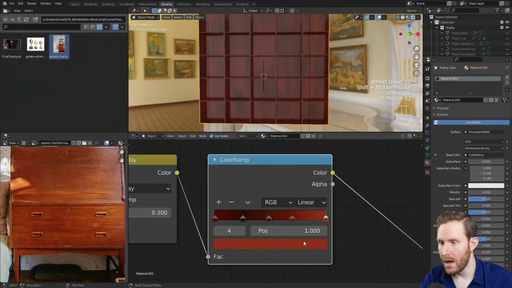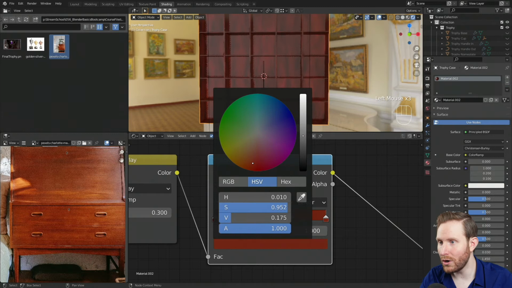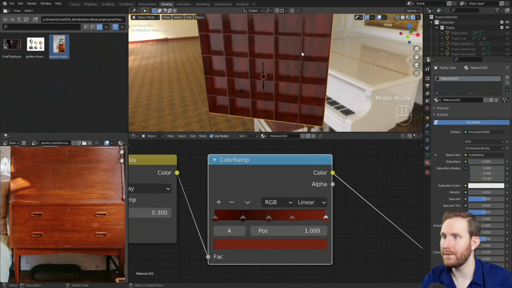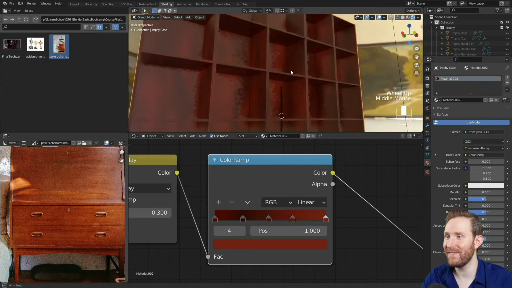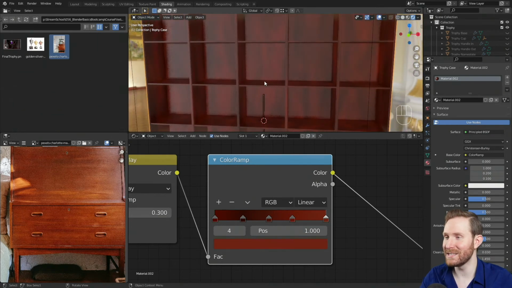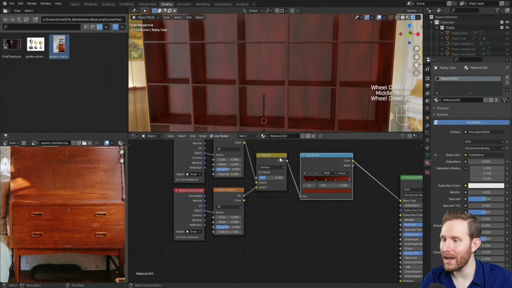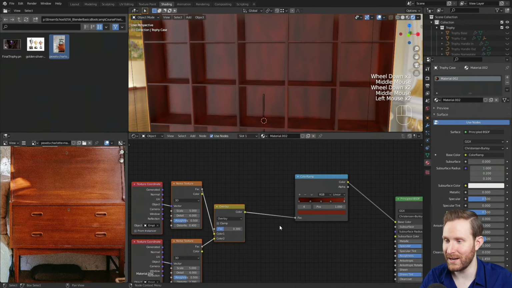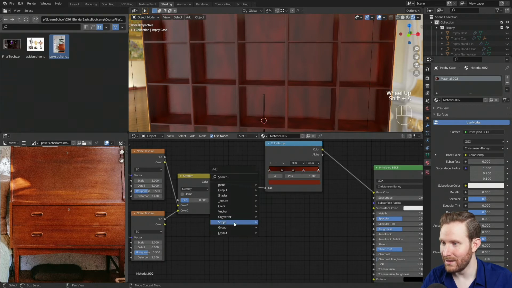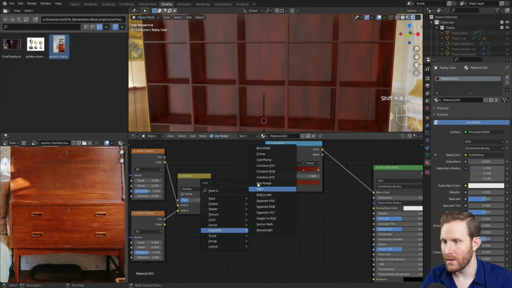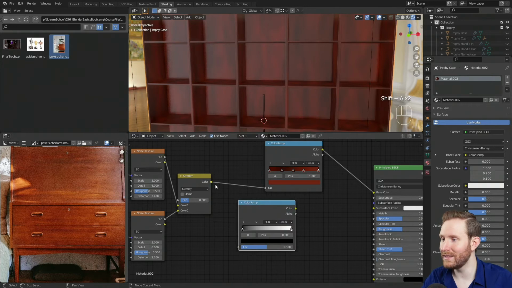So the next step here is gonna be to take our noise texture and give it some roughness, because right now our trophy case feels like a really shiny fake laminate. And we need to add some roughness variation to this to make it feel like real wood. So to do that, I'm gonna take our noise mixture here and we're gonna add another color ramp. So I'm gonna hit Shift A, converter, color ramp, I'm gonna snap that down, snap our mixture into it, and